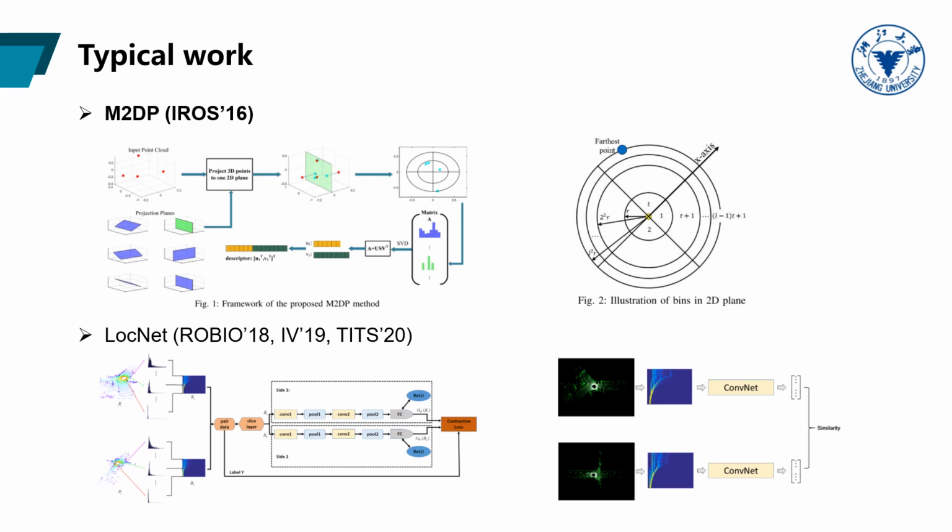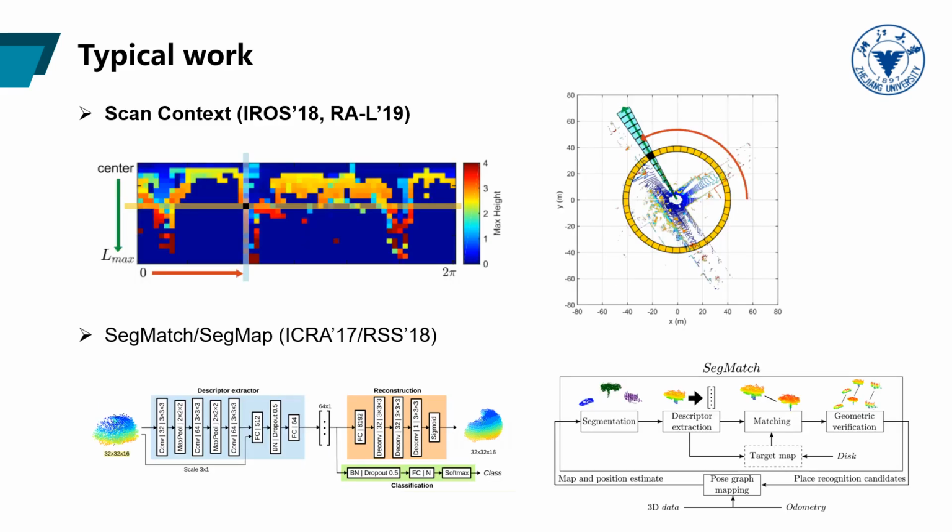However, it relies on the distribution of all points, and the performance is not satisfactory when there is a partial loss of points. LocNet projects a 3D point cloud onto bird's eye view and uses a contrastive convolutional neural network to get the final feature vector. Scan Context reserves the maximum height and maps 3D point clouds to 2D planes by histogram statistics. To achieve rotation invariance, it calculates all possible column-shifted scan contexts line by line to find the minimum distance, requiring longer search time but usually performing better than other methods.